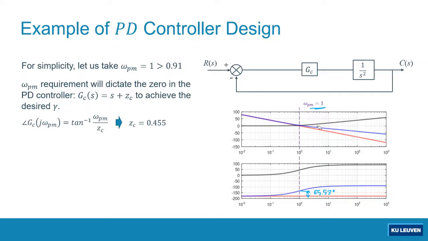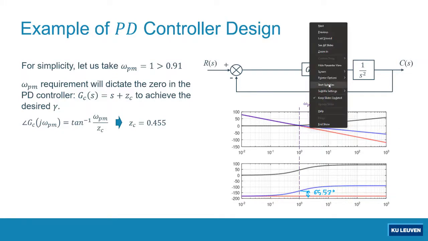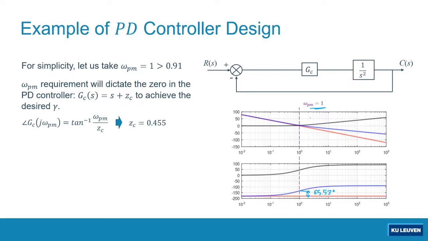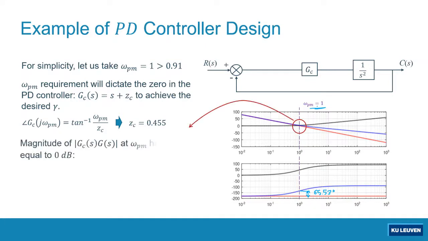You have to set the magnitude of the open loop transfer function at the phase margin frequency to be exactly equal to 0 dB. So how do we do that? It's exactly the same as when we are designing a proportional controller. You just have to find the magnitude of the current open loop transfer function,